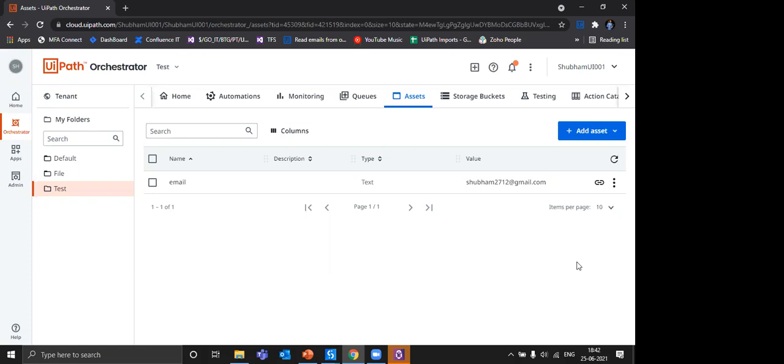Yeah, my main motive was to ask whether sharing is possible, that it should not be restricted to only one folder, so that we can only use resources present in that folder. Correct. The benefit of this is that you will have some assets which are managed and controlled by the COE, which you do not have permission to make changes to, but there will be some other ones which you will be living and dying within that folder,